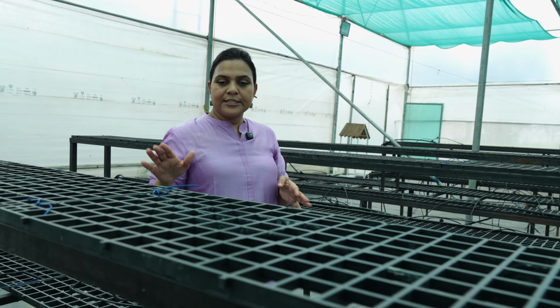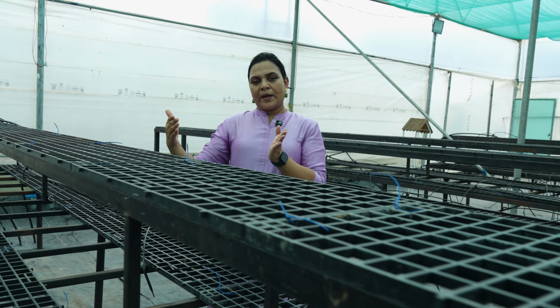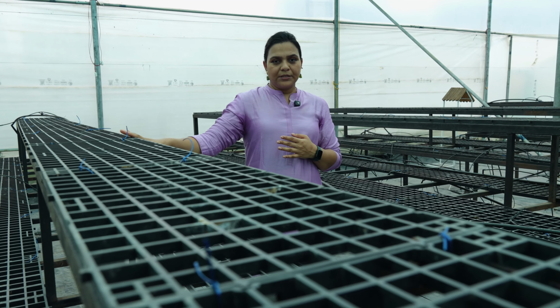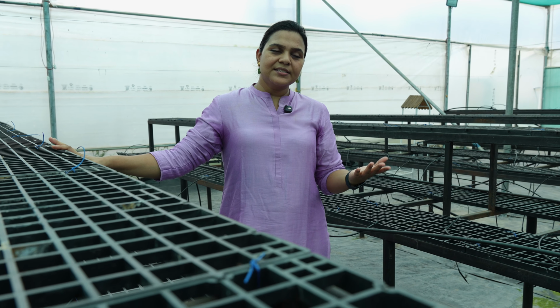And the second thing is this one, a table with a drain cell placed on it, and the grow bag can be placed on top of the drain cell. So these are the two methods. We chose the table with a drain cell for our grow bags because it is convenient for us,